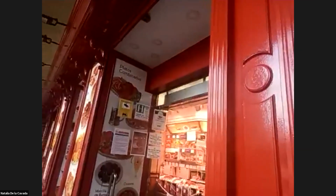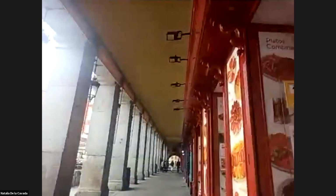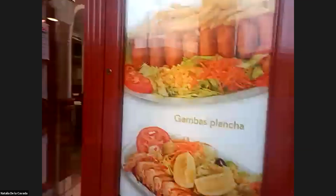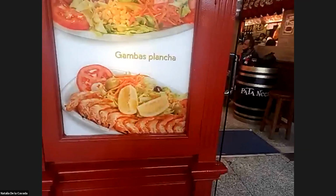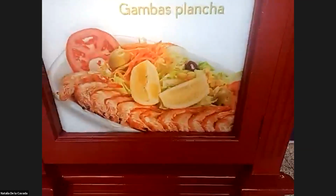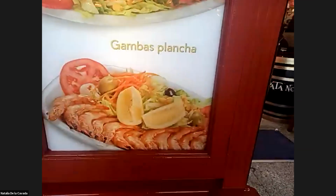Natalia, someone wants to know what your favorite tapas bar is. Is there one that you really love? Yeah, there is a traditional one called Casa Alberto. It's very close to here. You can write it down, Casa Alberto. That's very traditional. Okay, so here we have gambas, like, you know, garlic shrimps, croquettes,